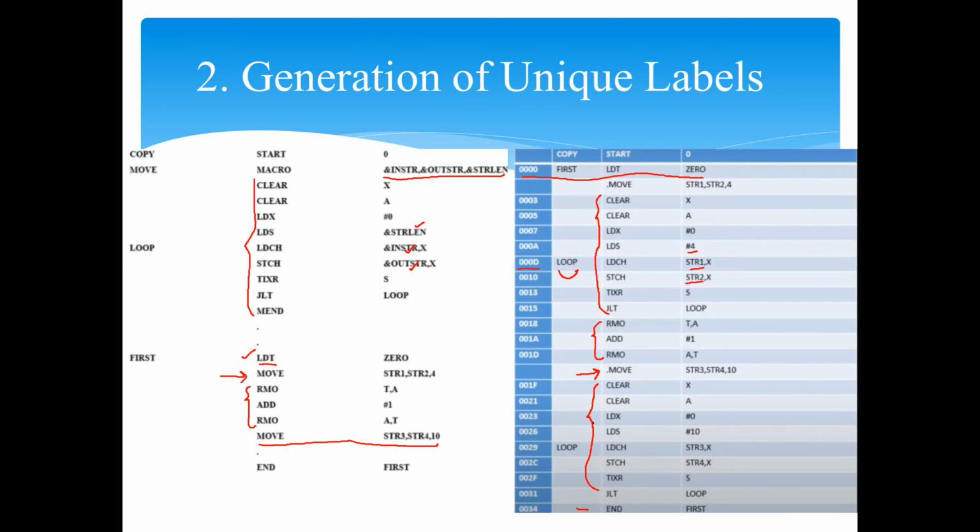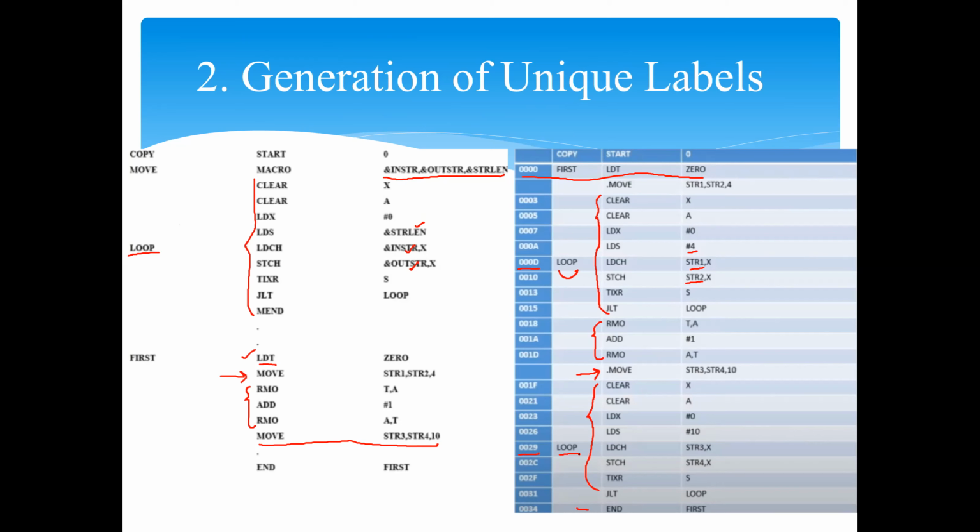Now here again you can see that when the macro is expanded, this variable loop is defined in a new location, 0029. So this is a point to be considered in this expansion. Here you can see that when the assembler converts, the macro doesn't have to bother about this loop, because the macro just directly expands whatever code you have in the program into its expanded statements, right?